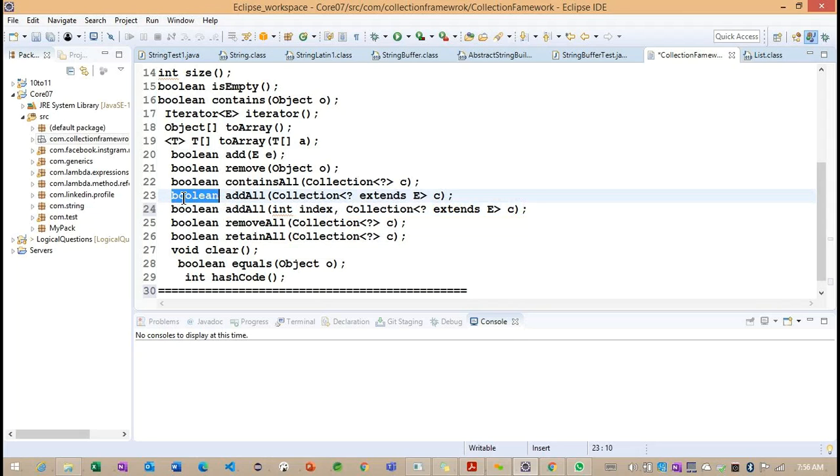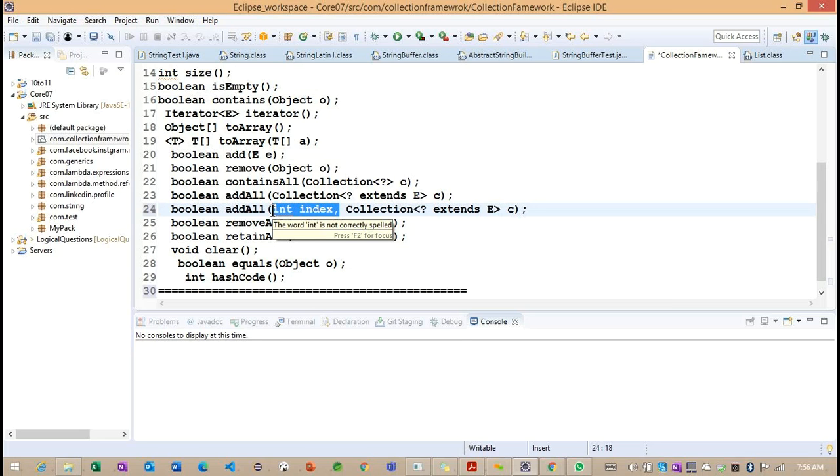The return type of the method is the same, the name of the method is also the same, and Collection<? extends E>, everything is the same. But only one important thing we need to understand here, int index. So one more parameter is added here. Why is this particular parameter added here?